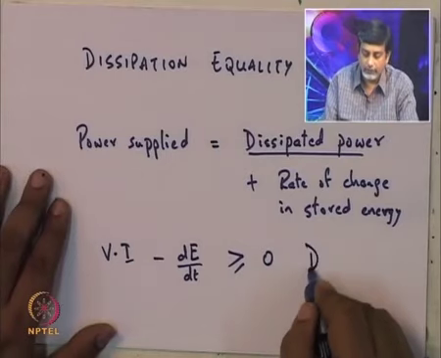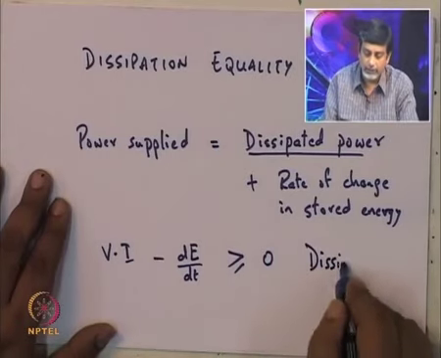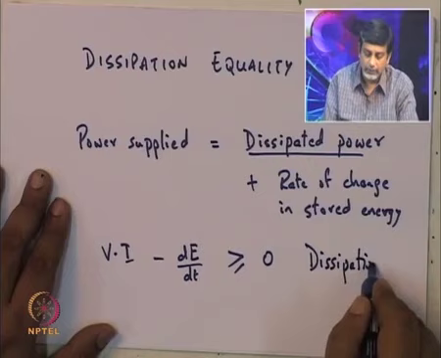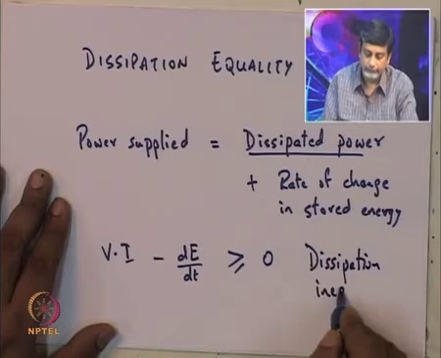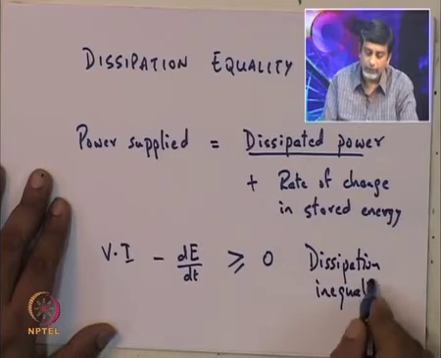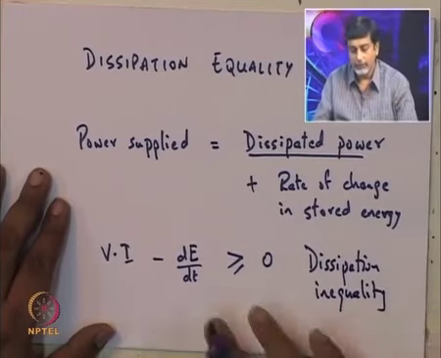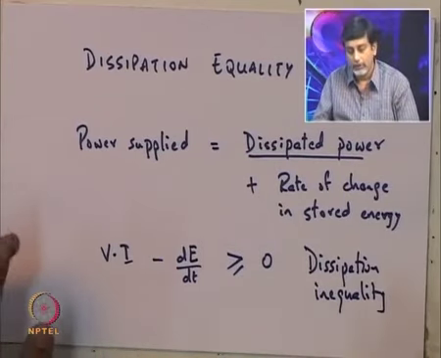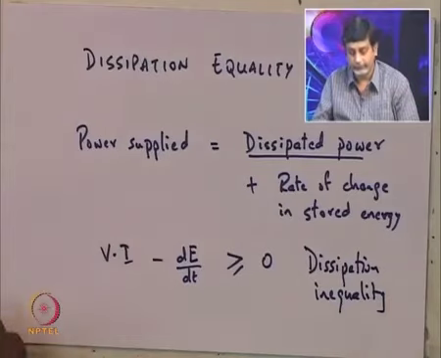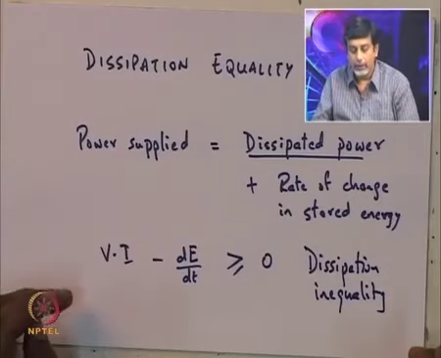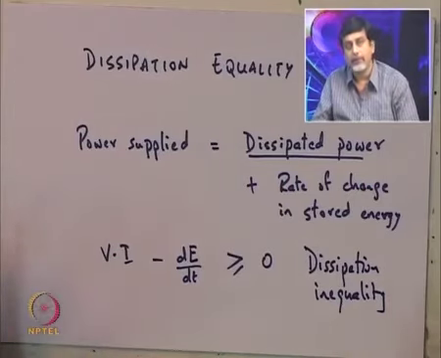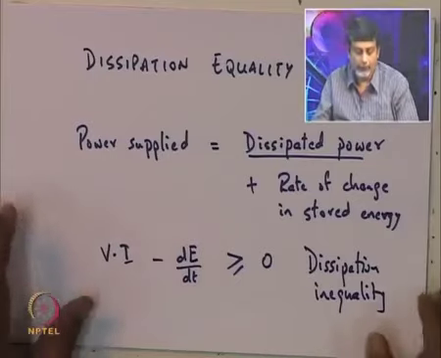So, V dot I minus dE/dt is greater than or equal to 0. This is in fact called the dissipation inequality, and this dissipation inequality is always going to hold true for circuits which are passive. Okay. Now, how do we characterize circuits which are passive? Now, importantly,